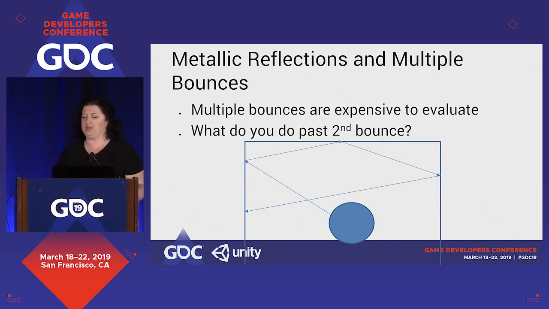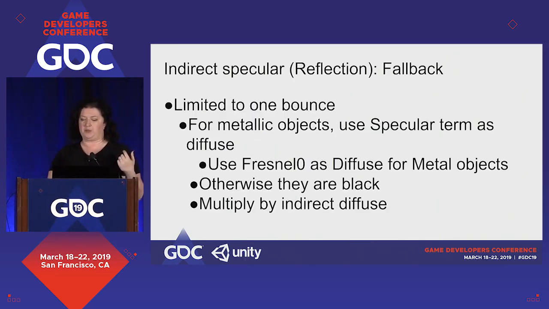So what also happens if you have a metallic object inside a room full of mirrors, right? Multiple bounces are very expensive to evaluate. And how do you account for more than second bounces in a performant way? In our case, if you have something like a reflection of a knob that needs to reflect another metallic object, you'll want to blend multiple times. In general, we want to evaluate a reflection for one bounce because of the cost of the reflection shader. But in some cases, we can actually think about falling back to rasterization.